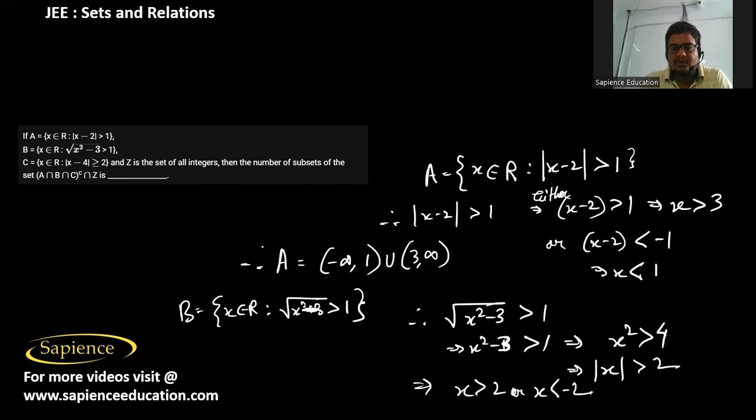So it means that the set B is from minus infinity to minus 2 union 2 to infinity. And the set C contains all those x belongs to R